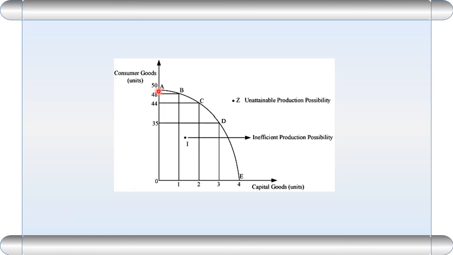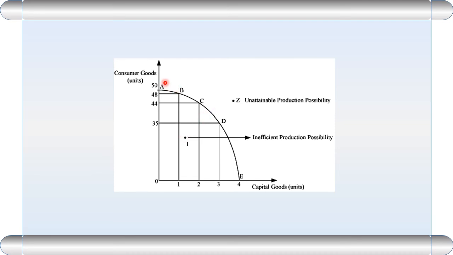These are points on the production possibility curve. These points on the production possibility curve are full utilization of resources. And the point lying inside the production possibility curve, that is I, is an inefficient production possibility. It means that the employer is totally unable to make use of the available resources, because of which the production is inefficient. There is a wastage of resources. So whatever he has presumed, definitely the production is not according to the standard.